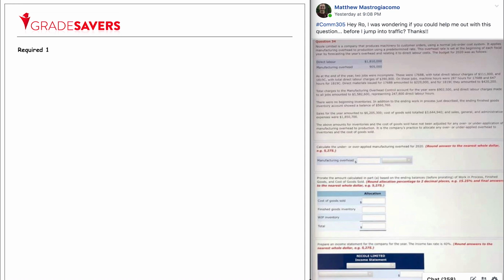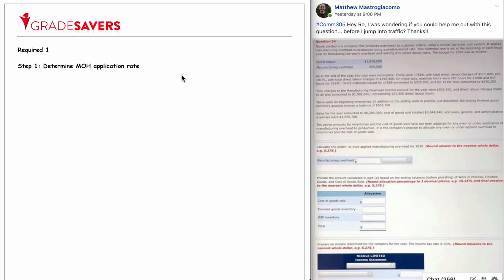In order to tackle Required 1, the very first step is going to be to use the budgeted information that's been offered here to establish a predetermined overhead application rate. So the first step is going to be to figure out at what rate is the firm applying manufacturing overhead costs to production. In order to do that, we're first going to figure out what our budgeted overhead is, which is offered right here, $905,000. We're also going to ask ourselves, what is the practical use of the cost driver? So here we're told that the cost driver is direct labor costs,